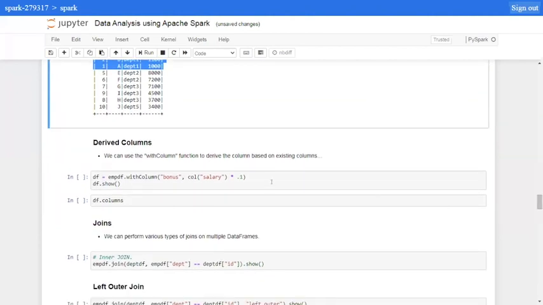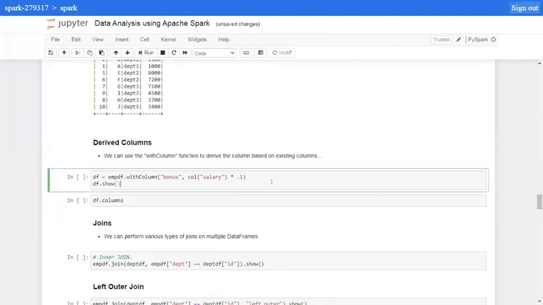Now, let's say at some point you would like to create a derived column based on some other column. So what you can do is use a function called withColumn. What withColumn takes is the name of the new column. Let's say we would like to give a bonus to our employees, a 10% bonus.